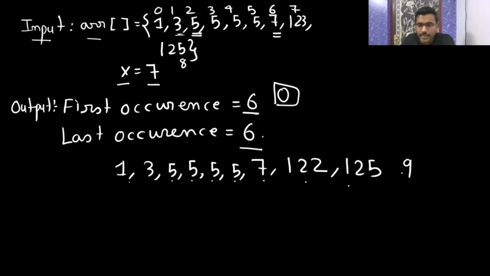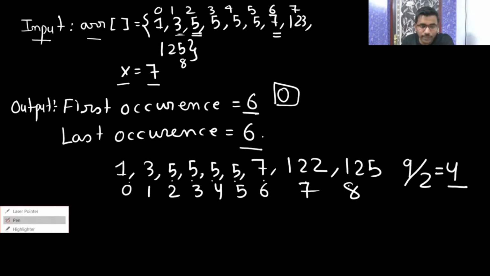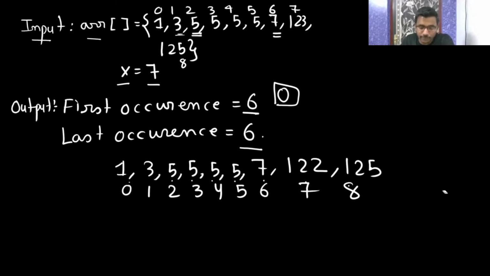Now 9 by 2, I will find the mid. 9 by 2 is going to be 4. Now 0, 1, 2, 3, 4. So there I am going to do mid plus high. One minute, let me execute the code. Because if I do n by 2, then it will be a mistake. Why? Tell me, if I do n by 2, what is going to be the mistake here? Please let me know.